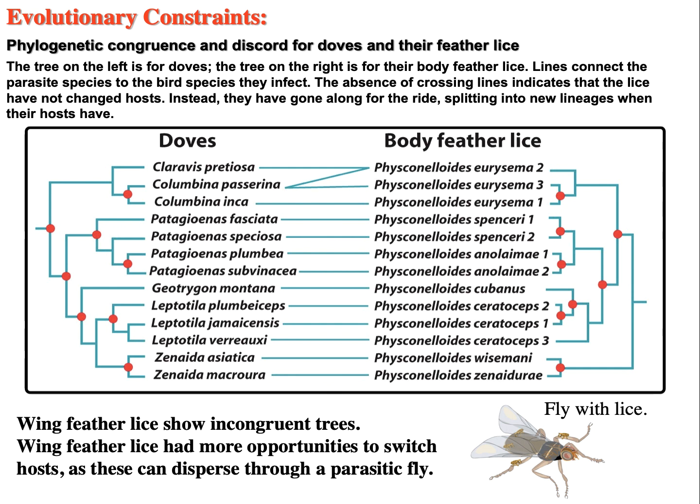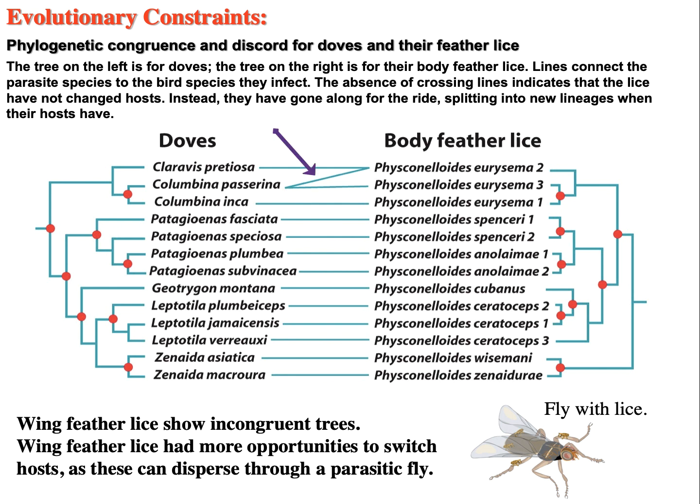And so there's been an evolutionary constraint in that the lice have followed along with the species of doves as they speciated. So for some evolutionary reason, some functional reason, the lice are pretty much locked in with evolving with their host species, except in one case where you see a little bit of crossing of the lines